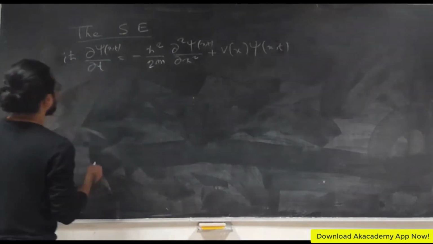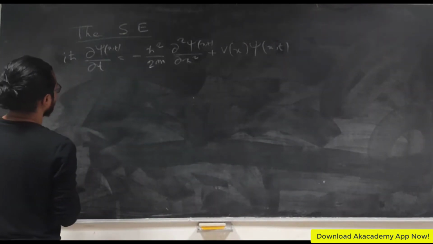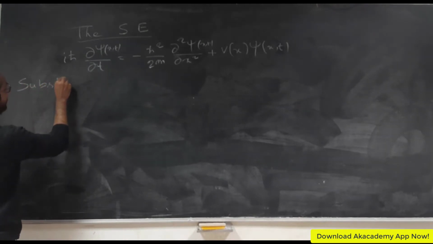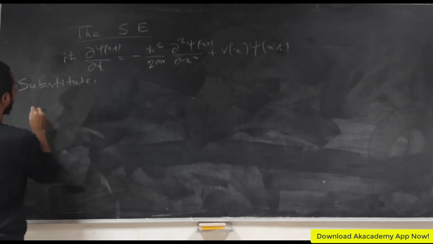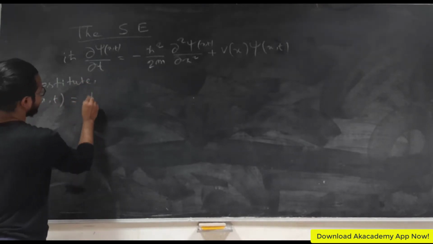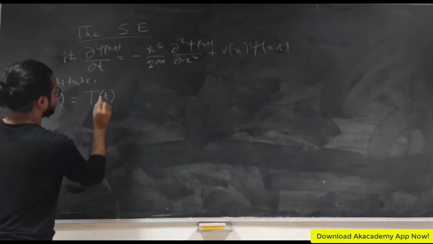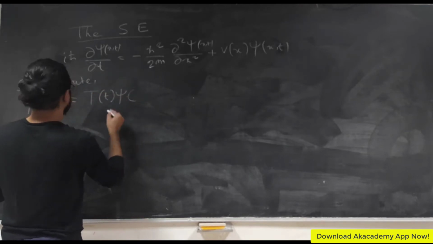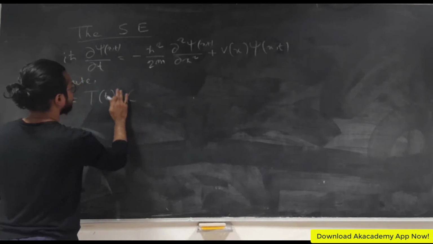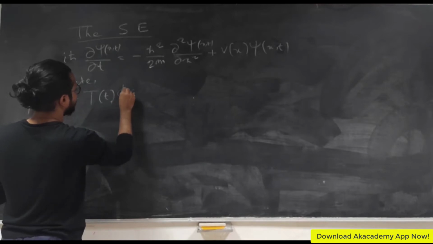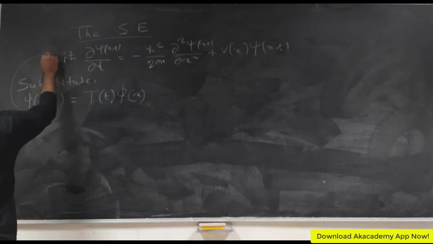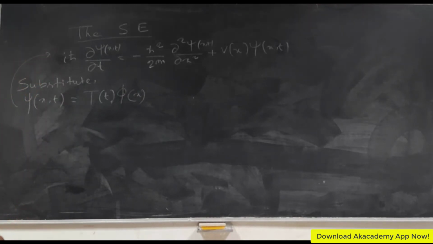For that, we can substitute psi of x, t as T, a function of t, times phi, which is a function of x. Now if we substitute this here, what we will get,